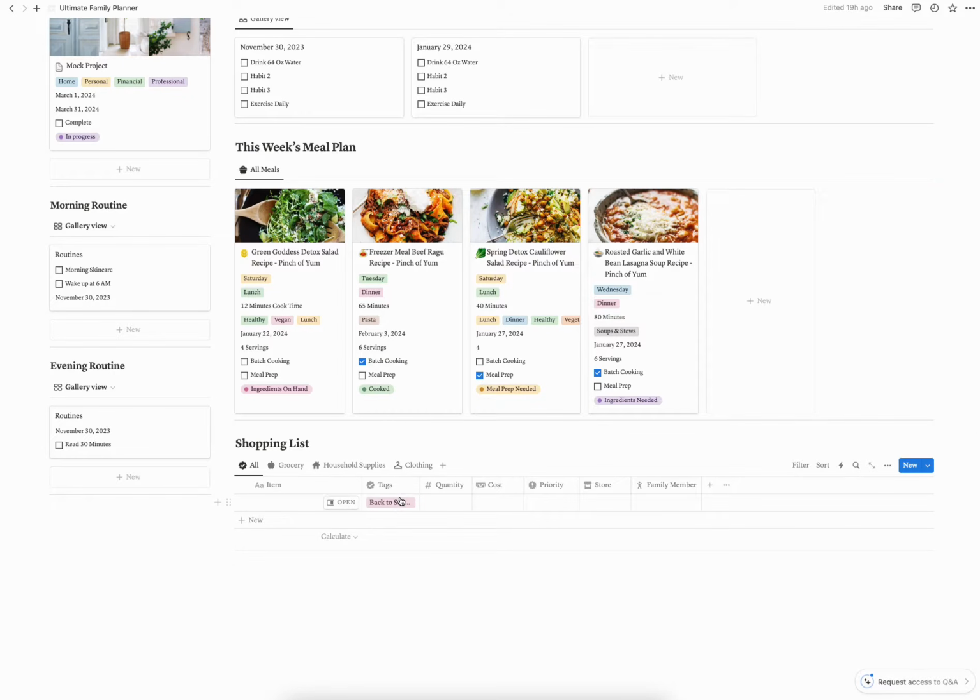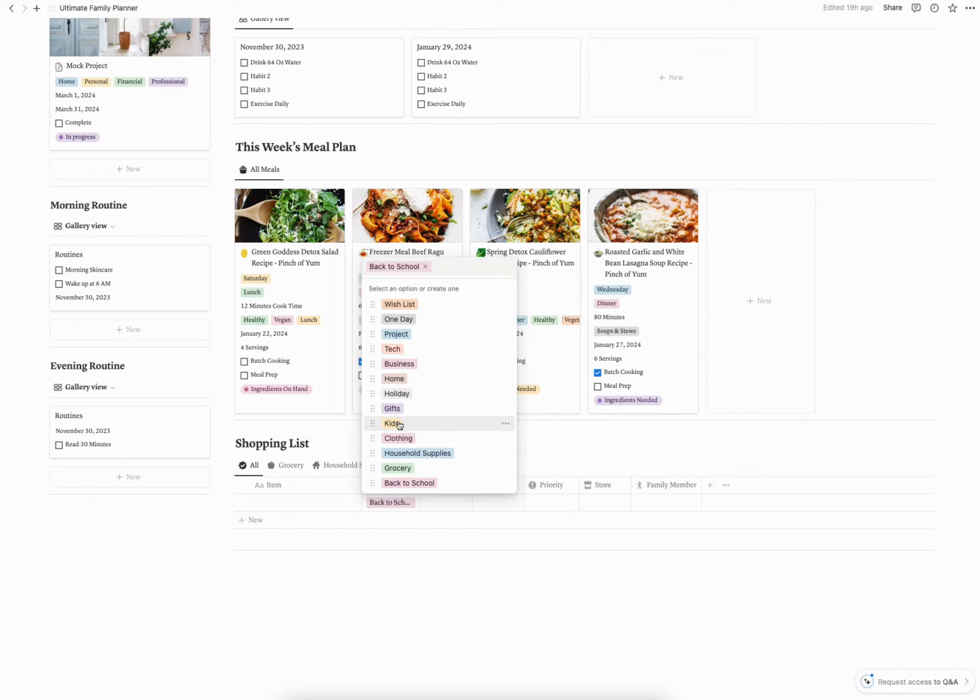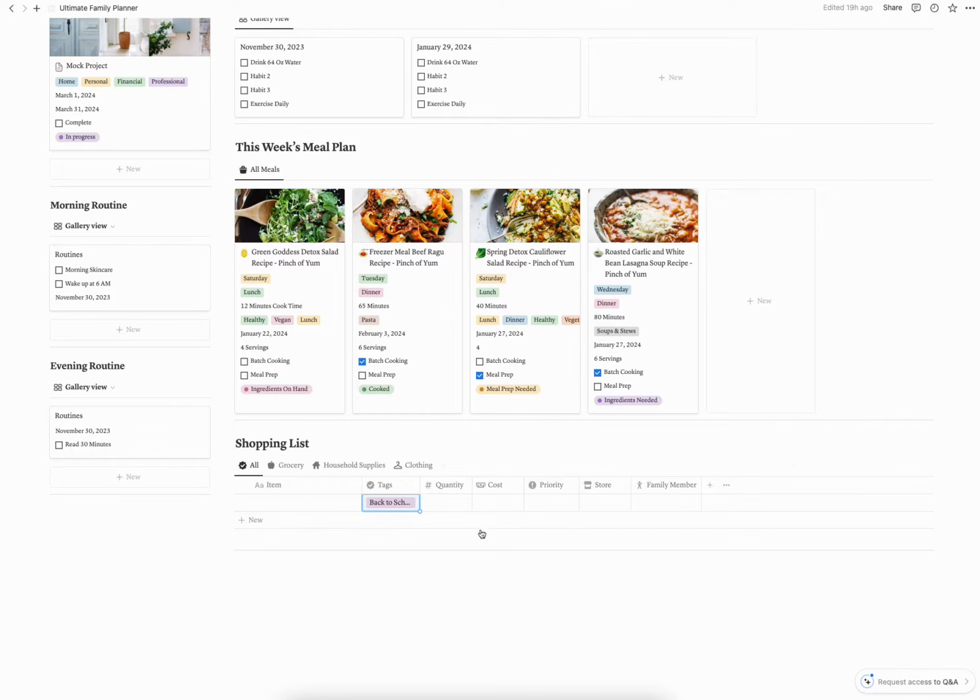You can tag things for back to school, groceries, clothes. I entered a whole host of tags here. You can change these or add them. You can put the quantity, the cost, the store, the family member,